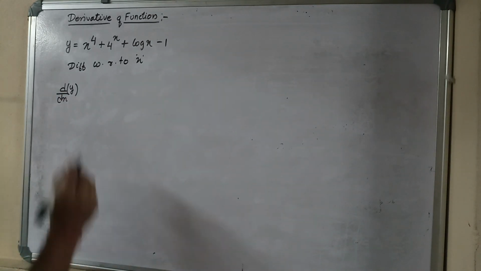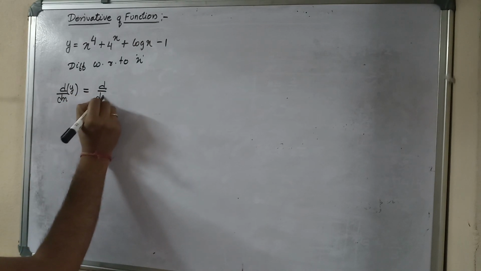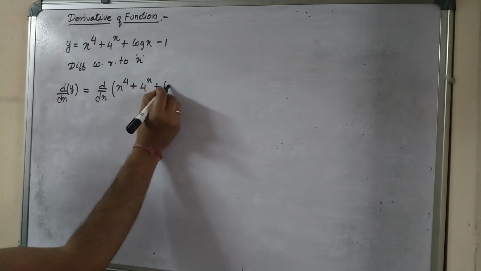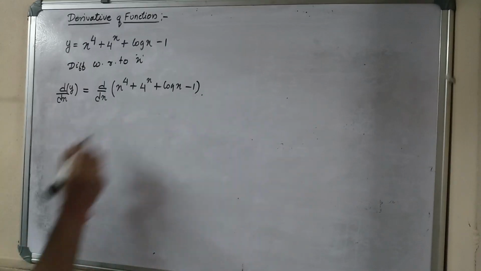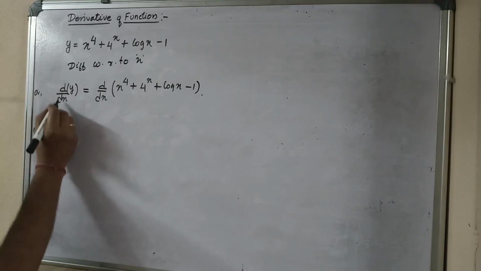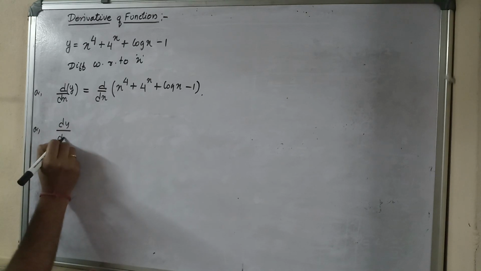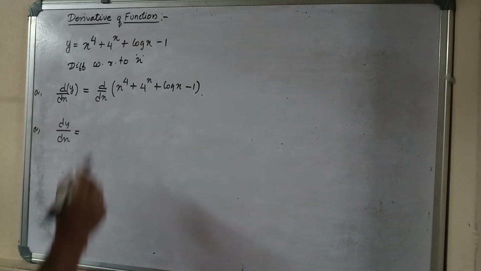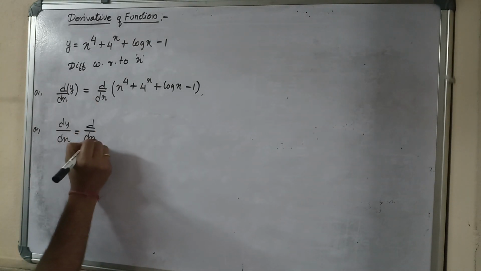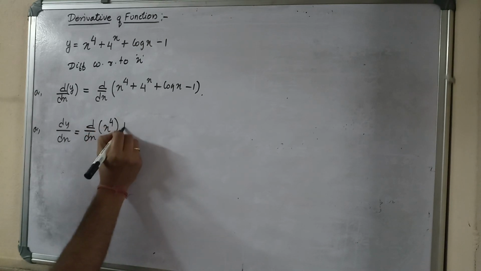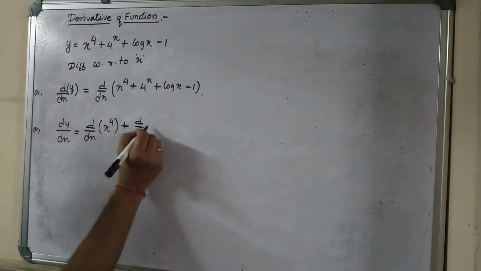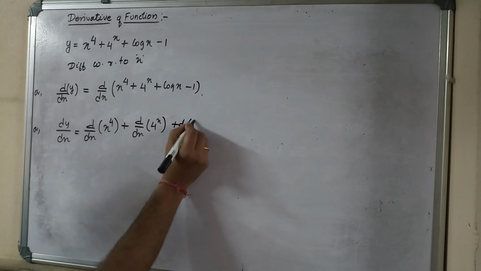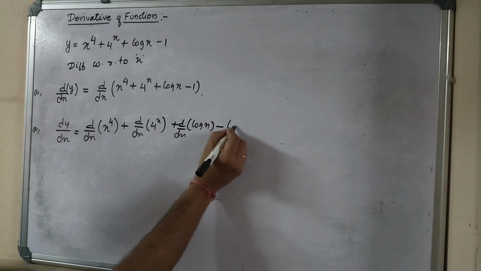dy/dx of y is equal to dy/dx of x to the power 4 plus 4 to the power x plus log x minus 1. Or dy/dx of y, we'll write dy by dx. This is called the differential coefficient. We are trying to find the slope of the curve over here. Now dy/dx of x to the power 4 we'll write separately. I can write for a few sums this way, and after knowing how to differentiate, then I'll use the direct method. Plus dy/dx of log x minus